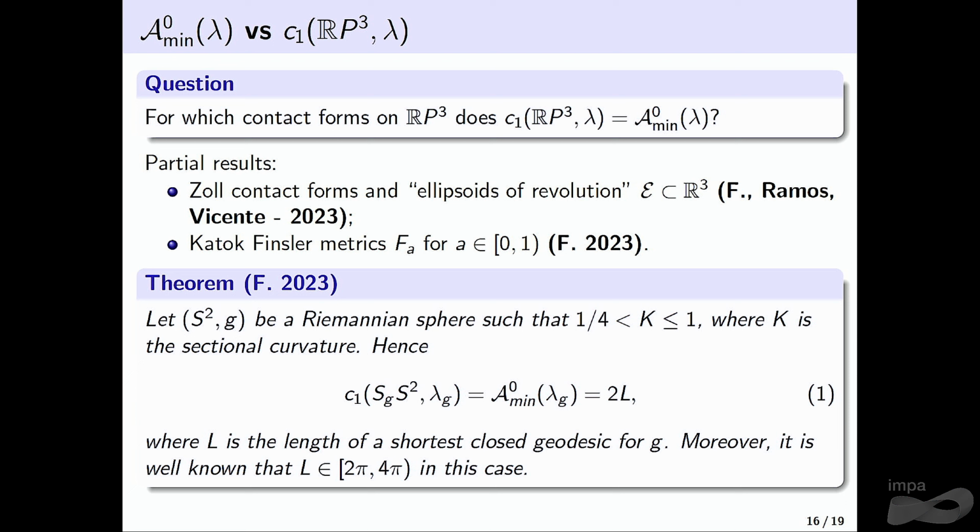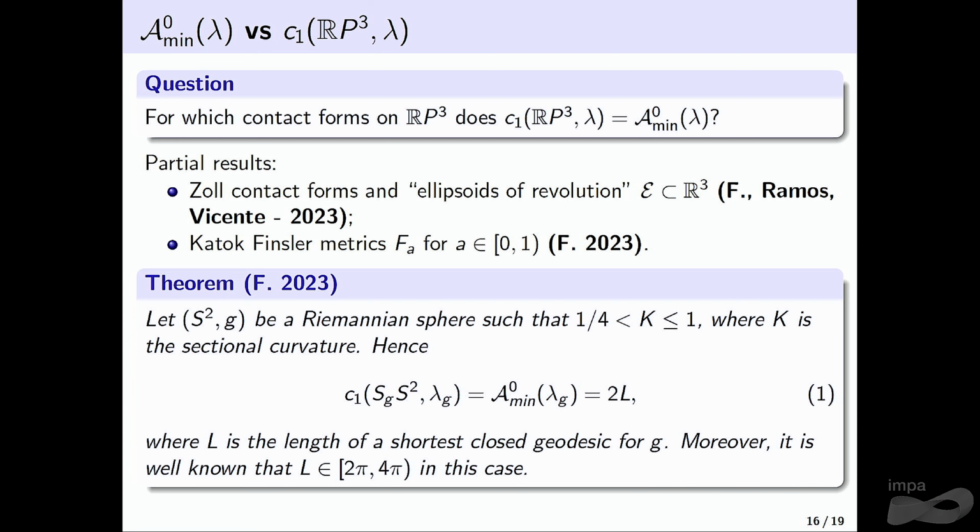So in that case, I can prove that the first value on the ECH spectrum is the A0 mean, so the minimal action among all the null homologous orbit sets, and this coincides with 2 times the length of the shortest closed geodesic. So 2 times the A mean, the minimal action. And moreover, by famous estimates, Klingenberg and Toponogov, for instance, you know that L, the shortest closed geodesic, has length between 2 pi and 4 pi. So that's the result. I don't know how to answer this question in general, but I know how to answer in this case. And for this case, in the bumpy case, the non-degenerate case,